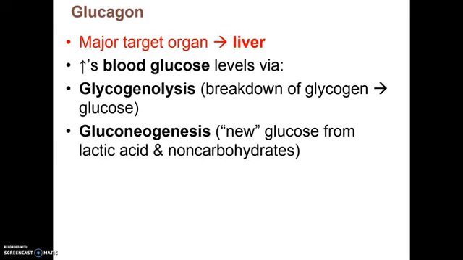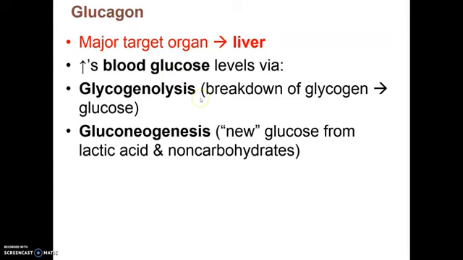Glucagon. The major target organ is the liver. So what does glucagon do? Glucagon breaks down the glycogen which was stored in the liver and releases the glucose into the blood, so it increases the level of glucose in the blood. For example, if we are not eating anything, the level of glucose goes down in the blood. Then glucagon is released